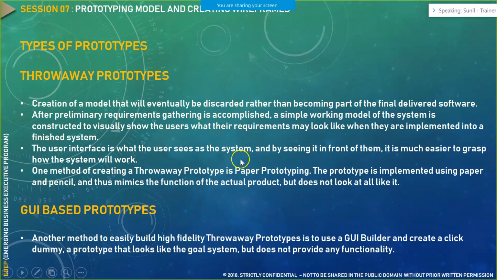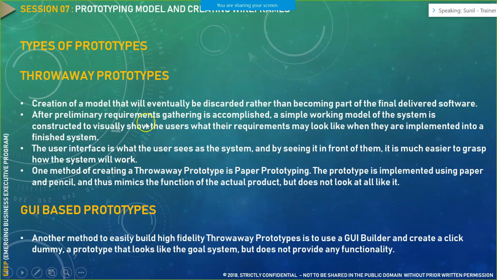What I would say, this refining you have to continuously do using pen and paper until and unless your business is satisfied with the final design. So in this continuing process, whatever older version of prototype you have drawn in your paper, you would throw away those prototypes. So that's the reason why it is named as throwaway prototype.